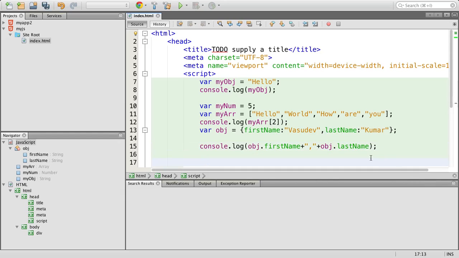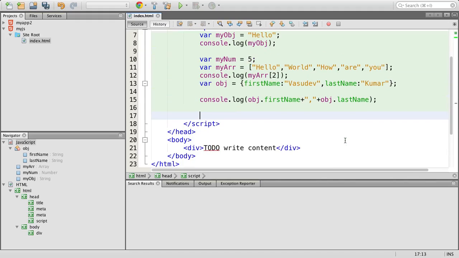For example, this is an object. It tells it's an array. It means this array is going to contain two generic or user-defined objects. That object will be looking like